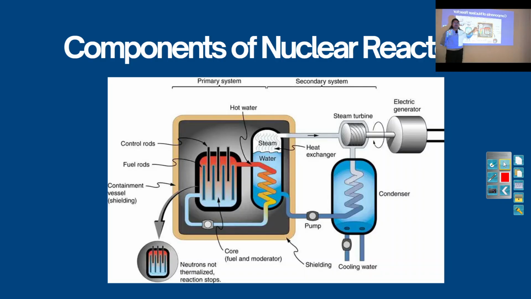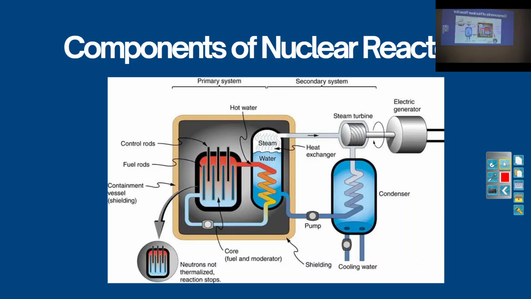So the heat produced from this nuclear fission reaction will be used to boil the water next to it, so that steam is produced. With that steam we turn the turbine, and when the turbine is turned, electricity will be generated. This cooling water will also be sent to the reactor where it will be cooled, so that the other components do not heat up too much. Normally for cooling we use water only. So these are the main components in the nuclear reactor.